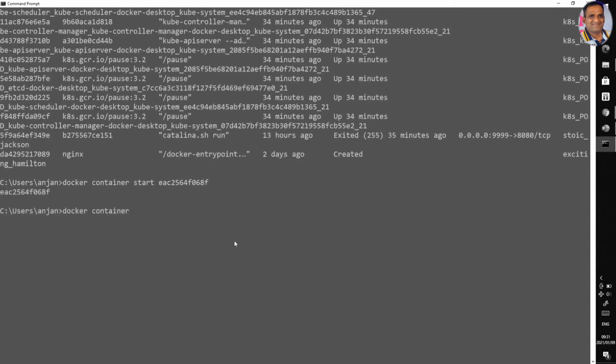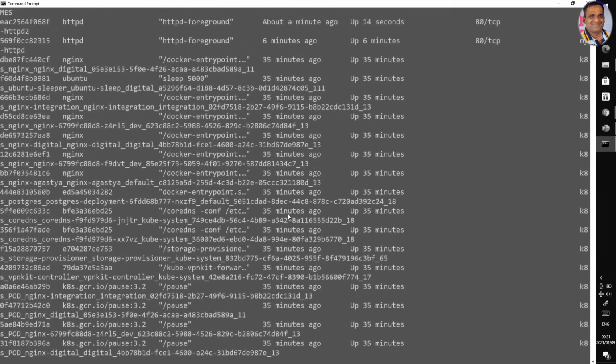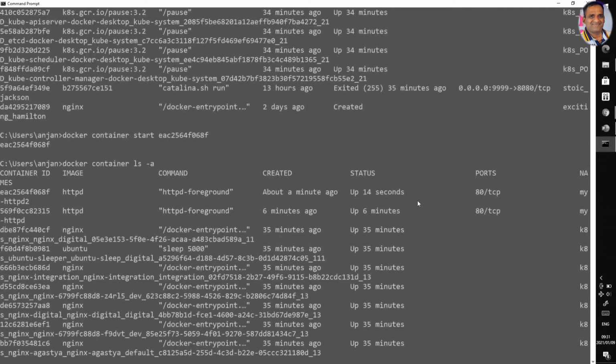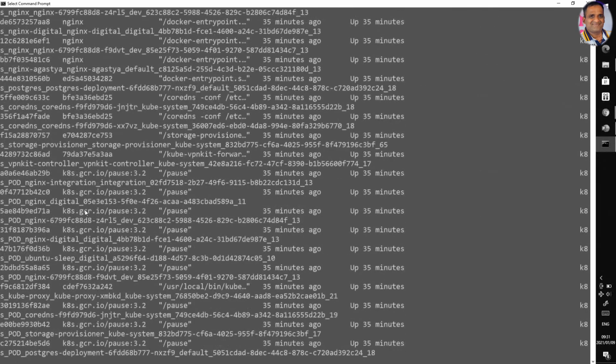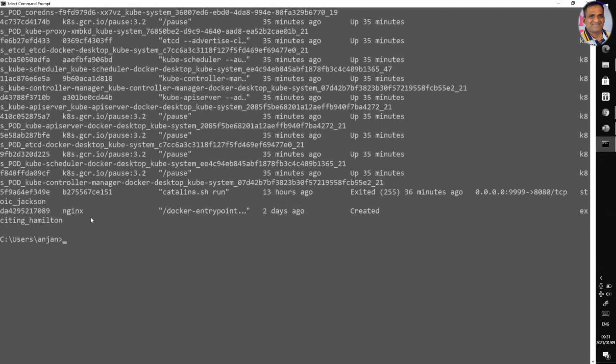Now docker container ls -a means all the containers. If they are stopped, created, running, everything, you can get with -a. If it is ls, it is going to be only running containers. Now you can see it is up. Now this container is running. So to pull, create, start, all these are embedded in the run command. If you do the run command, it does all the three.